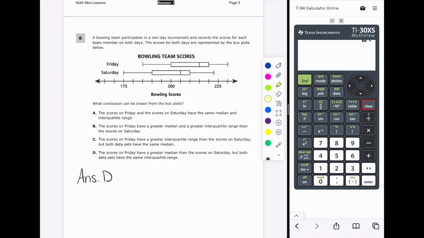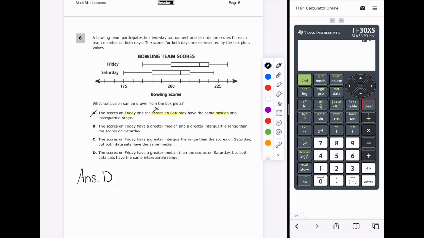One conclusion can be drawn. So I have to go through these one by one to see whether or not all the information is true. In the first one, it says the scores on Friday and Saturday have the same median. My median is that 50%, that middle dash, and I can see that is not true. They do not have the same median. Because I disproved that first thing, I'm just going to cross it all out, because everything has to be